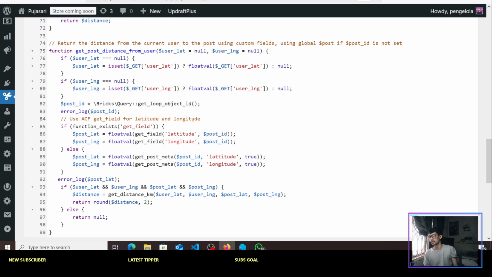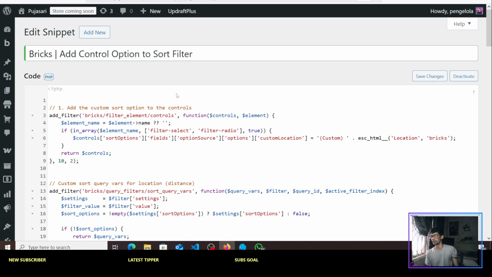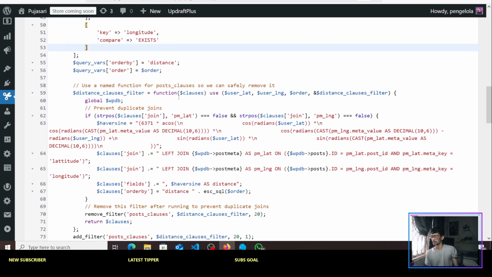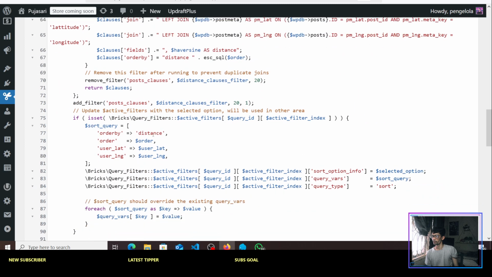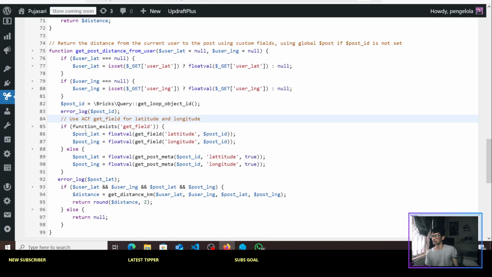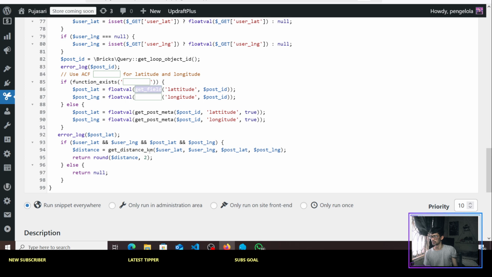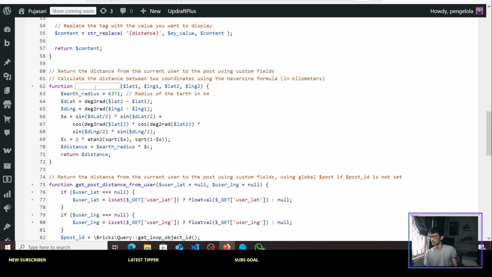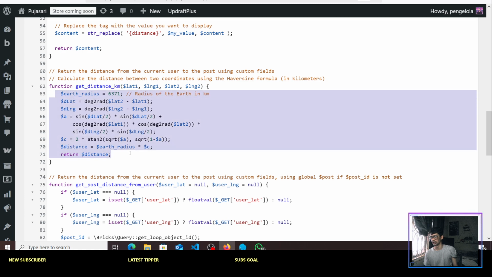Why do they use this global WPDB? But this one just retrieves the data using a get field of the SCF, get distance kilometer, this one, and they use a simple code like this. I'm not sure, but